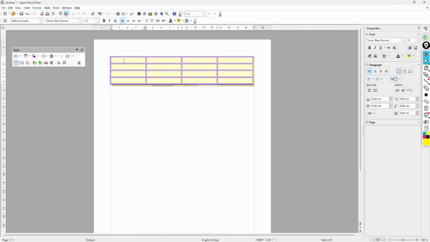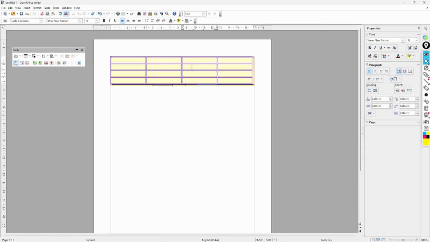Now one more thing I remember to tell you: many of you will struggle while selecting the cells with the mouse. Some may find it difficult. So the best way is to press the Shift key, which is below the Caps Lock key and above the Control key. Hold it, not just a single tap. Hold the key and then use the arrow keys. See, upside, downside, right side. Like this you can select the cells with the help of the Shift key also.